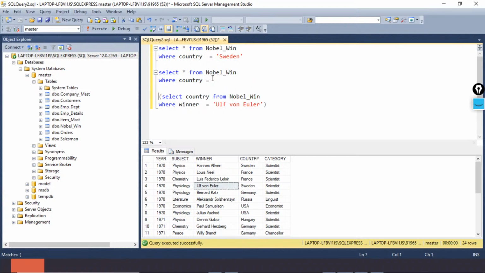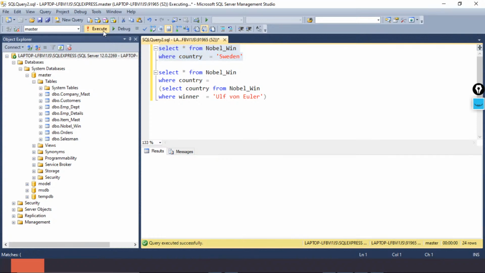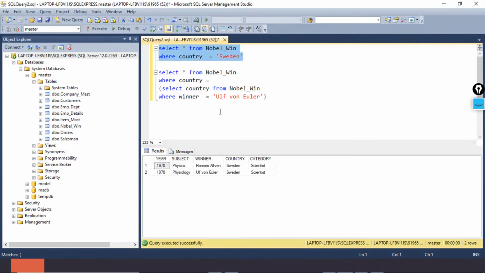Okay, let me decode this first. What am I trying to do here? This is the entire data set. Now in this data set I am subsetting the data only for the country Sweden. Now what I am doing is a subquery in the second place, where I am writing one piece of select statement. Select everything from Nobel Win, and then I'm saying I want to apply a filter on